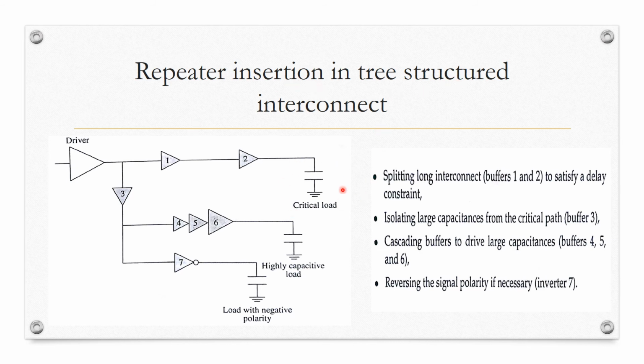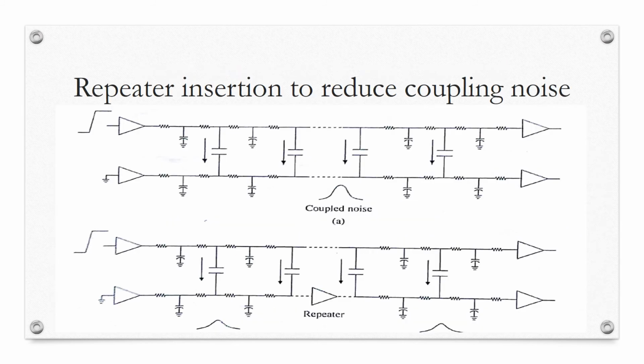Here first will be the critical load. So, splitting long distance interconnect, we are inserting regenerative repeaters at regular intervals. If you want to drive a large capacitive load, then we use the tapering buffer, or you can say distributed interconnects, which we have discussed. And if we want to drive an inverted load, then we can use the inverted buffer also. So this is the end of this discussion, though there are a few topics still.